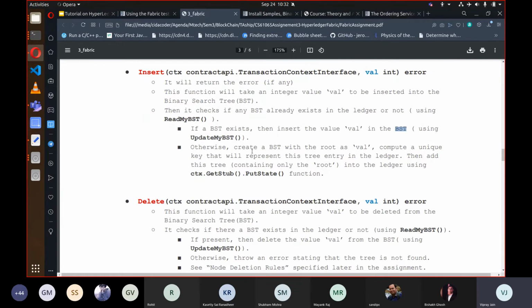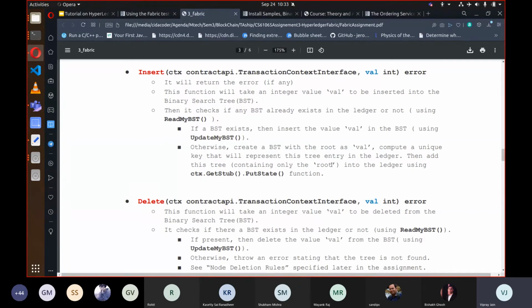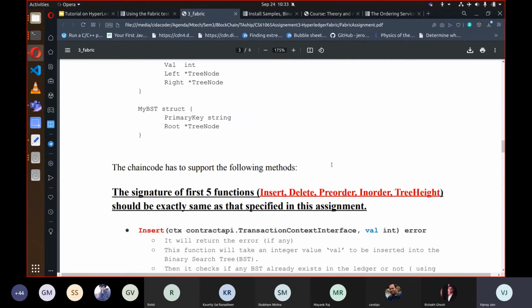Otherwise, if the BST is not there, you will create a BST with the root having this value. And here I have written that you need to compute a unique key that will represent this tree entry in the ledger. It is not compulsory to create a unique key. If you want, you can create a static key also, like I have created in this demo. You can create a static key and insert the data in that particular key with the help of